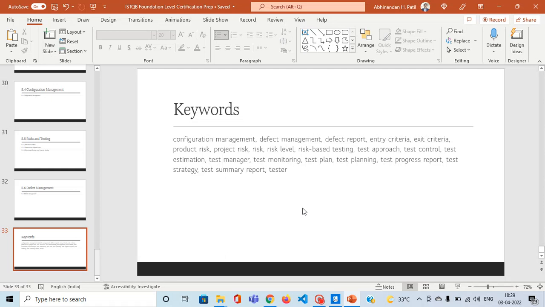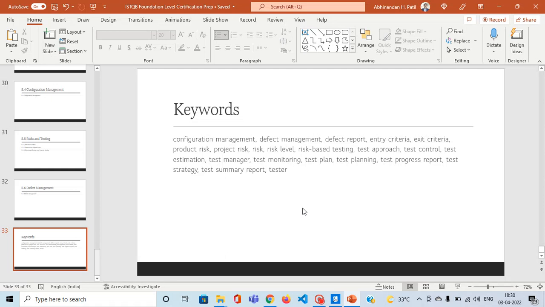Risk level, there are various levels of risk, and accordingly our test effort also varies depending upon risk level. Risk based testing, you come up well in advance, using one of the techniques, to assess the risks, and proportionately you allocate the effort for that risk area. So test approach, we discussed test approaches, right? One of those strategies that we were talking about. Okay, so one of the test strategies can be used for coming up with